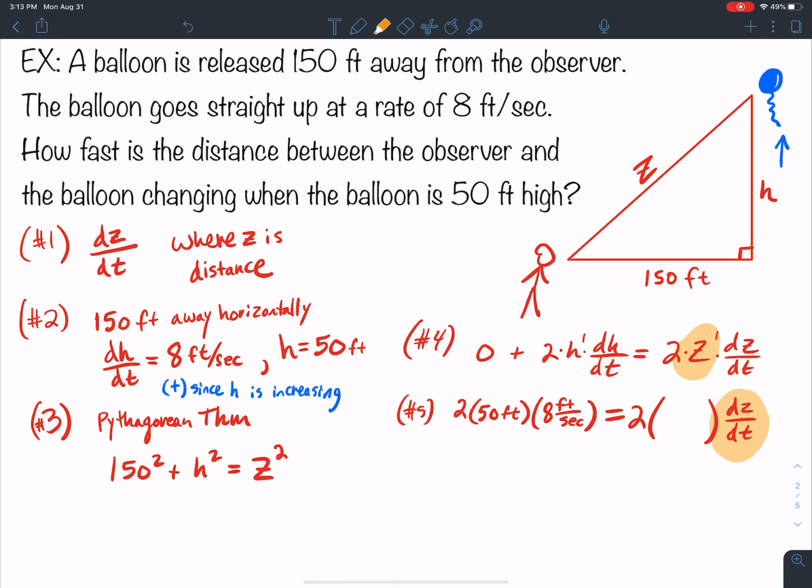Because look, at the end of the day, we're trying to get dz dt, right? Well, how do I know what z is if I don't know what h is? Well, wait a second. I know what h is. H is equal to 50 at the time we're looking for, right? So if I know both legs of the triangle, can I get the c? Absolutely I can. I just need to use Pythagorean theorem. So if h is 50,